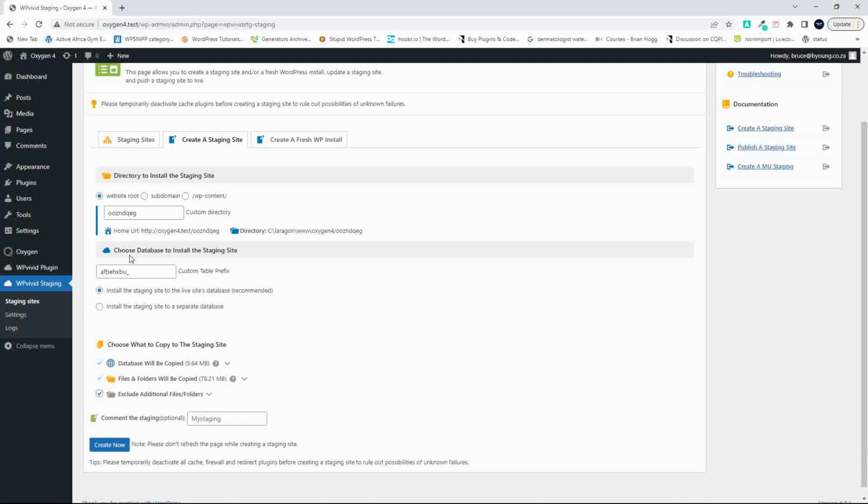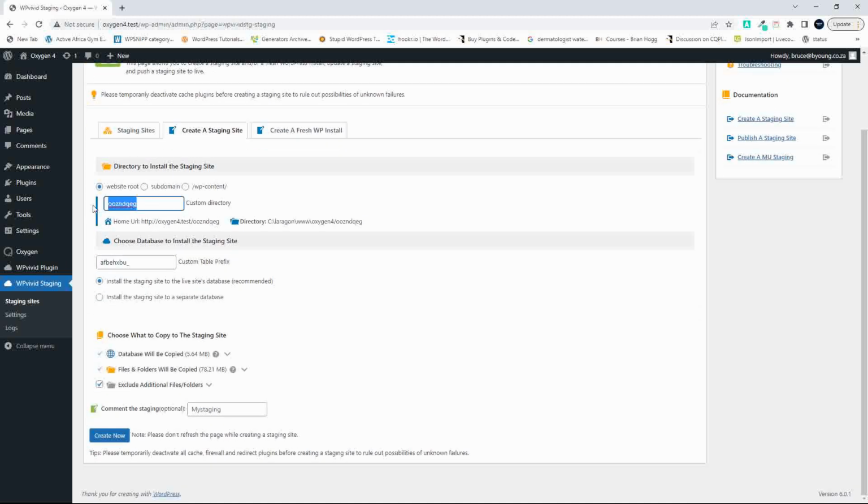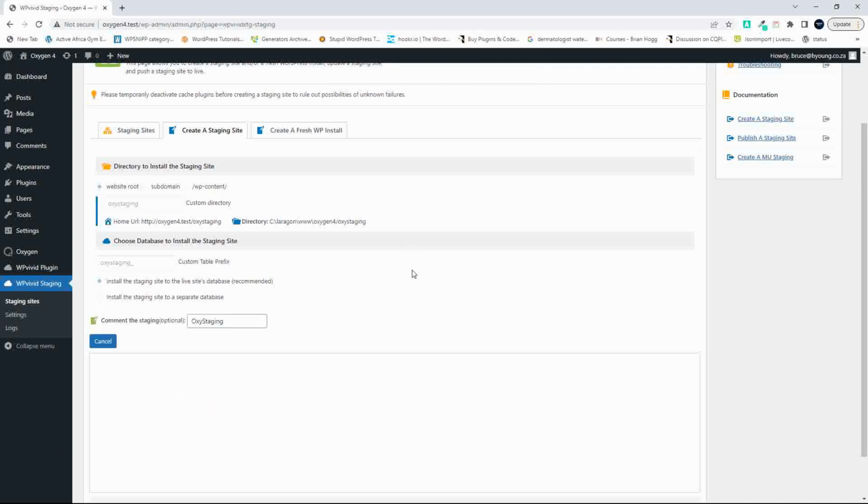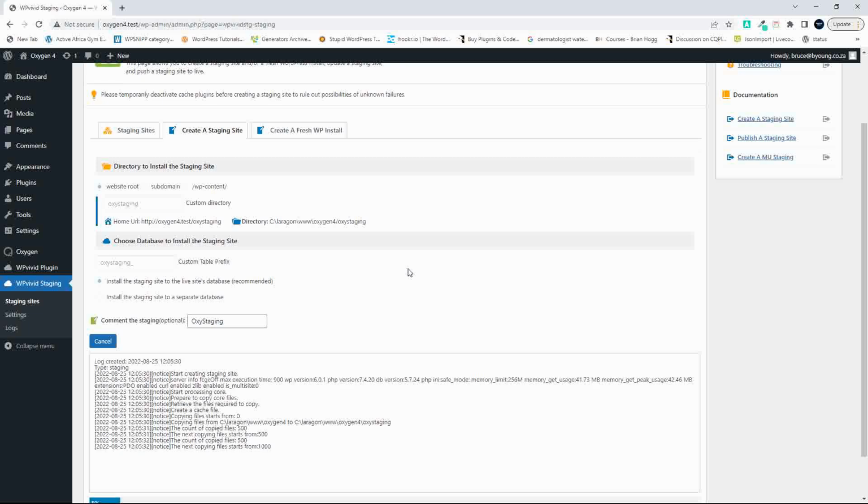a staging site, and I'm going to call that Oxy Staging, and we'll prefix the tables also Oxy Staging, and I will call this Oxy Staging as well. So there we have it, we've set it up, and now we want to create the staging site. So we say OK, and now you'll see that the plugin will set up the staging site,